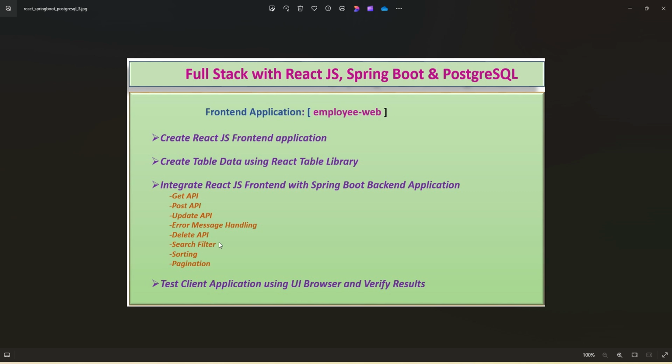Apart from that, we are also going to implement main functionalities or core functionalities like search, filter, sorting and pagination on the front end side using hooks and functions available in the React Table library. Finally, we are going to test our client application using the UI browser,